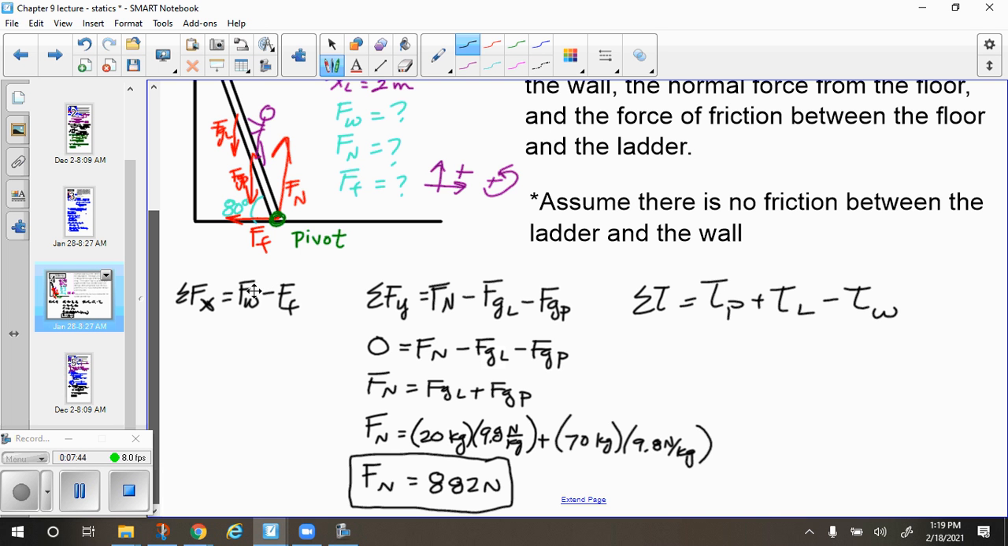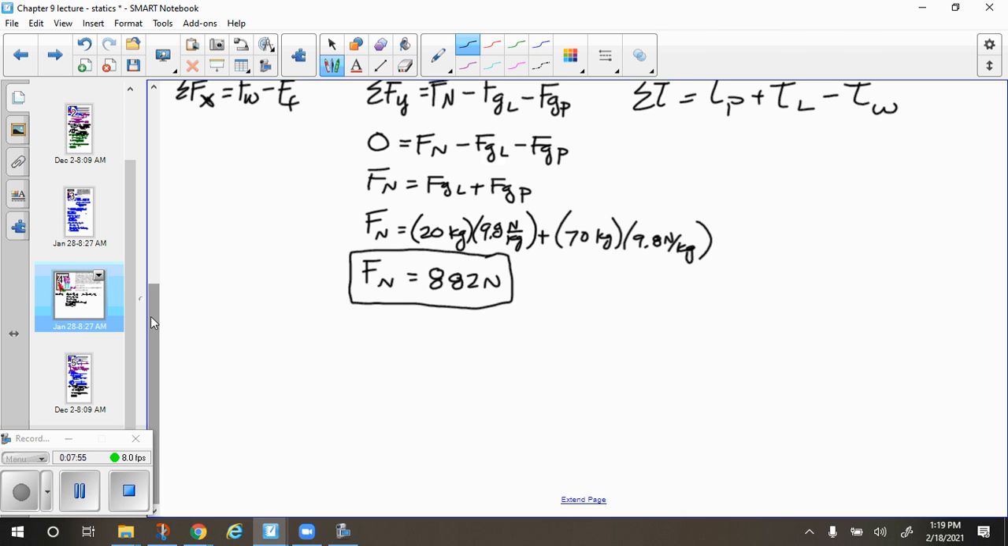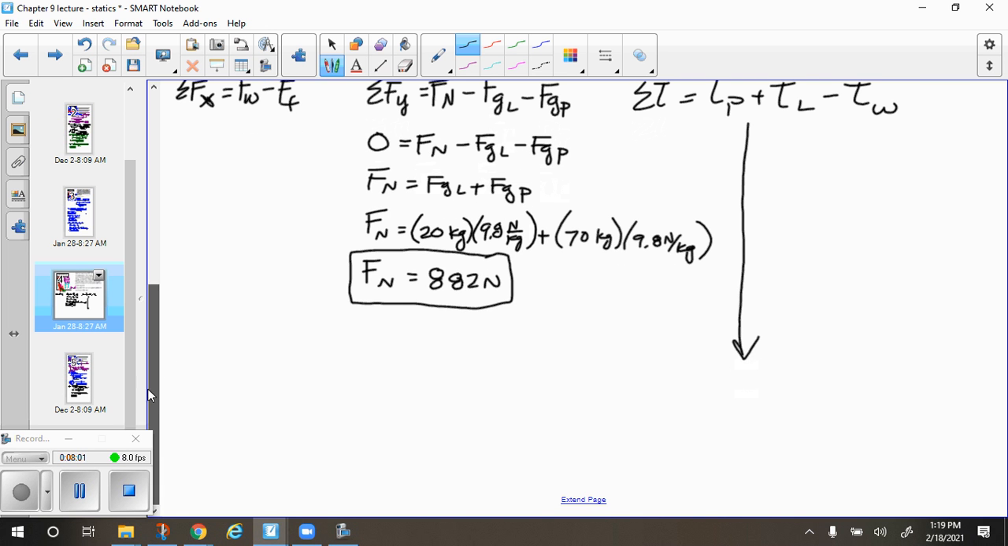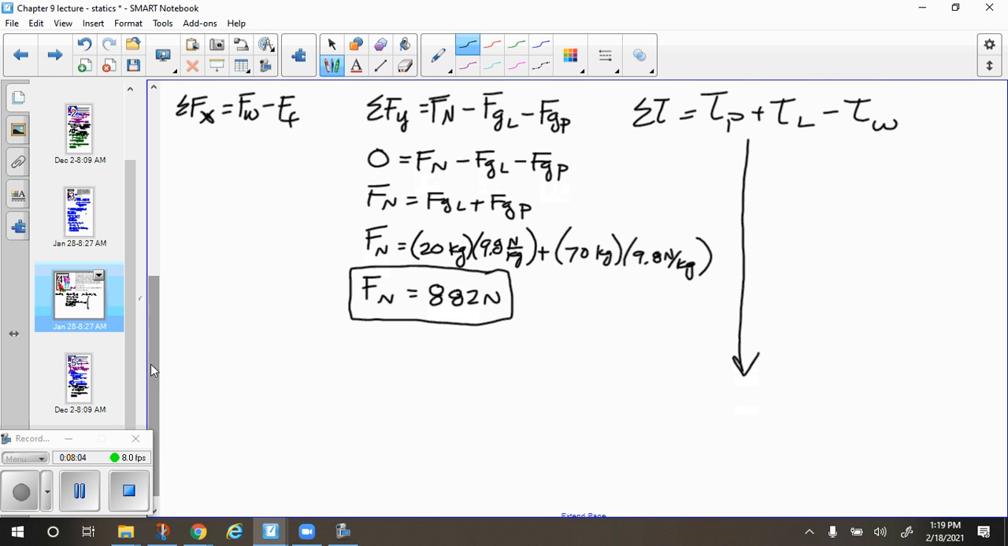Now, if I knew the coefficient of friction, I could use that in the friction equation to solve for the force of the wall, but I don't know that. So let's use this torque equation to solve for the force on the wall. I'm going to do an arrow here so you can see what I'm doing. And we're going to say 0